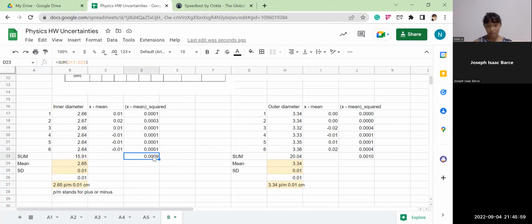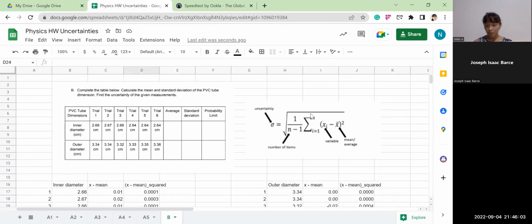Very good. Okay, very good. Now, ito yon, yung 0.0009, equal yan dito sa value na to, itong summation of blah, blah, blah. Yung buong yan. So, ito yung 0.0009. Now, divide that by